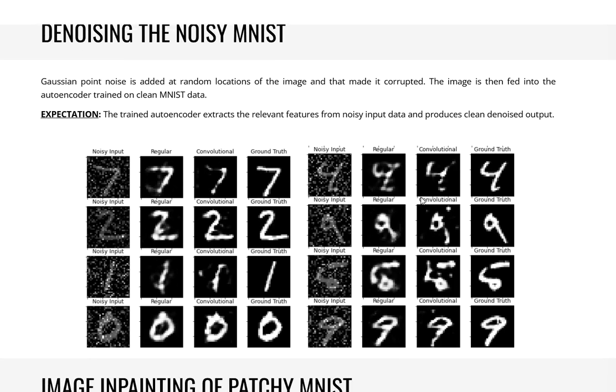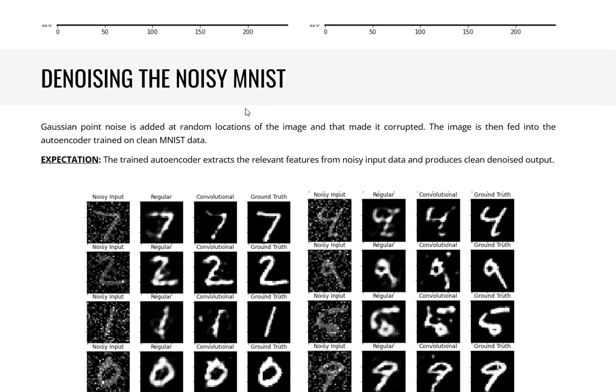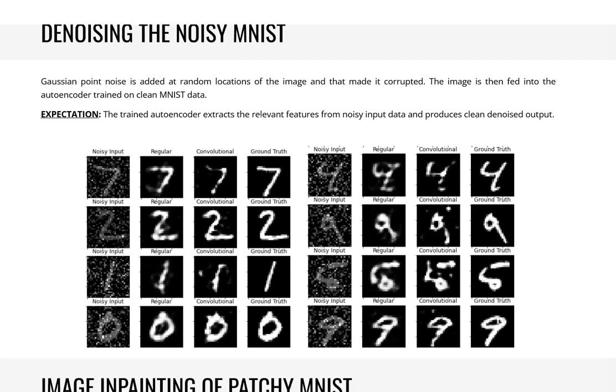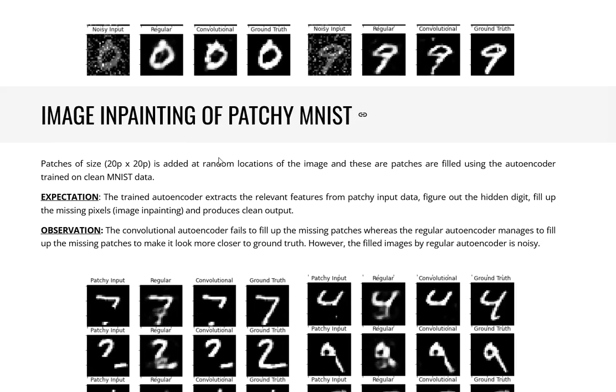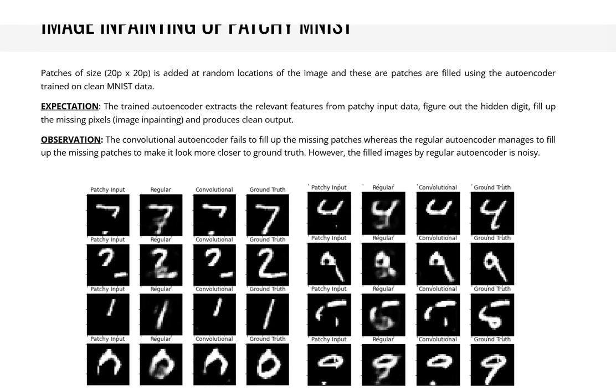Finally, the takeaway from this section would be that it tries to obtain some sort of a reconstruction that is closer to our expectations. So in denoising the noisy MNIST images, both the regular and the convolutional autoencoder really do a pretty good job. And in the inpainting of the patchy MNIST images, as you could see here, the patchy MNIST, as we call it, is nothing but an MNIST